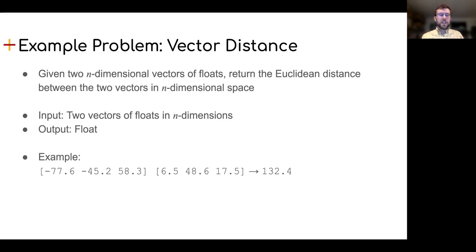And the program must find the Euclidean distance between those 2 vectors in that n-dimensional space. I'll note that for this problem, we give the program vectors with dimensions between 1 and 20. And so that means that the program has to figure out how to iterate over the vectors in order to find these Euclidean distances. So for example, here we have 2 3-dimensional vectors, and finding their Euclidean distance gives this